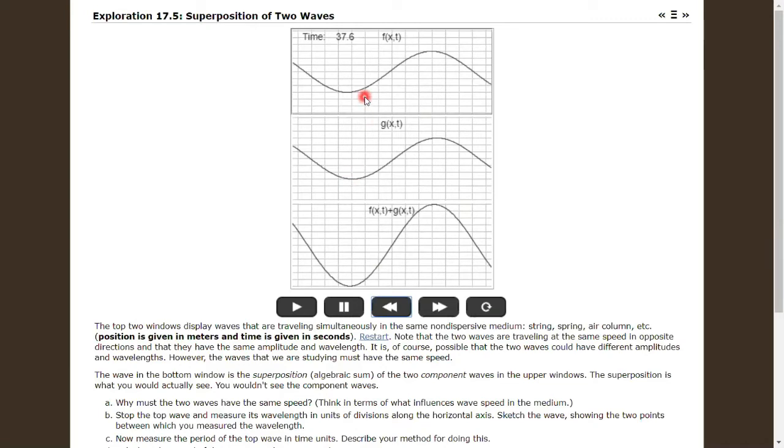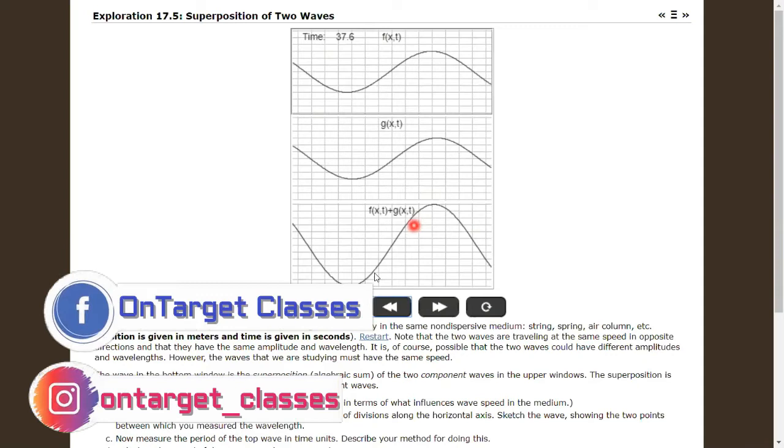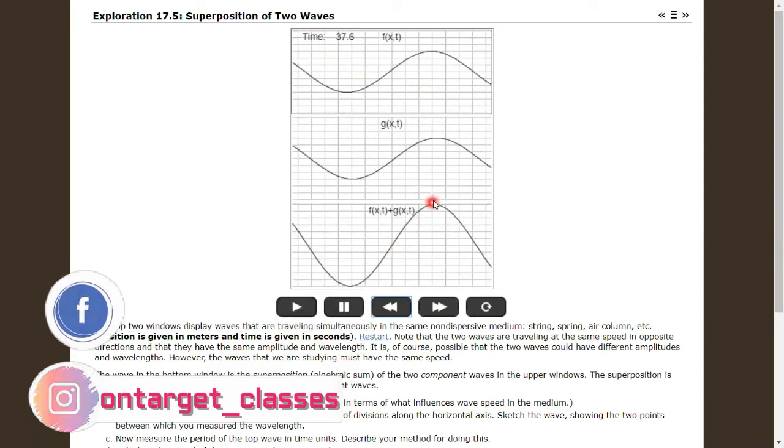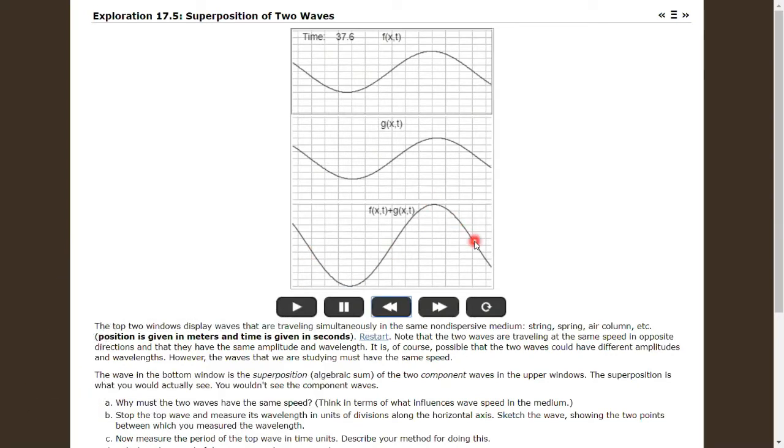So we will say that the first and second wave are in phase, and the resultant wave which we will get will be having maximum displacement or will be having maximum amplitude. So this is the resultant of first and second wave, and the displacement of these two waves are maximum. This is due to the principle of superposition of wave, that is your constructive interference pattern.